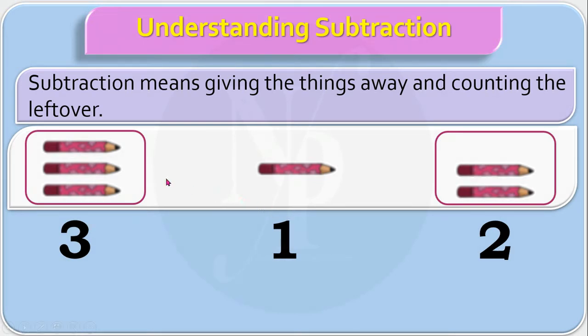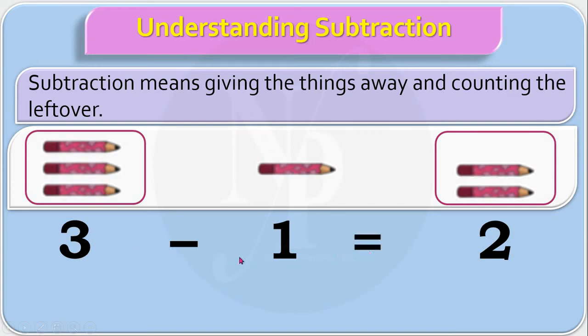So, as we read the statement of subtraction, subtraction means giving the things away and counting the leftover. Here, initially there were 3 pencils in the box. Your mother gave you 1 pencil to write homework. And after giving you 1 pencil, there are 2 pencils left over in the box. This can be written using symbols in maths as